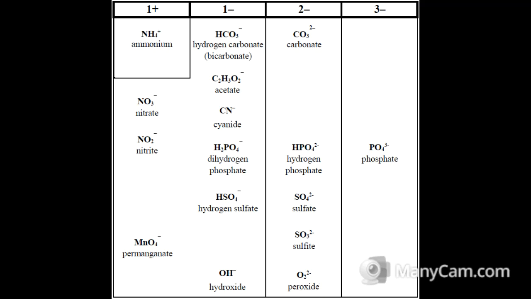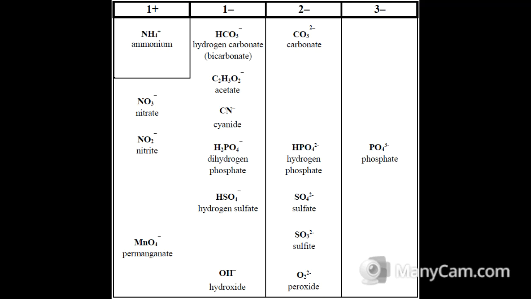And then next to it, with a 1- charge, is hydrogen carbonate. So all that's been done is an H+ has been added to carbonate. So now the overall charge is -1 instead of 2-. When we go down that column in the 1- charge area, we see acetate and cyanide. And then that wraps it up for the